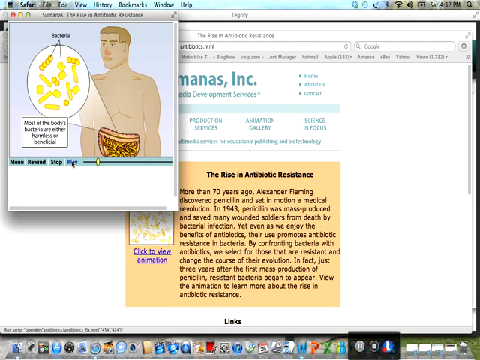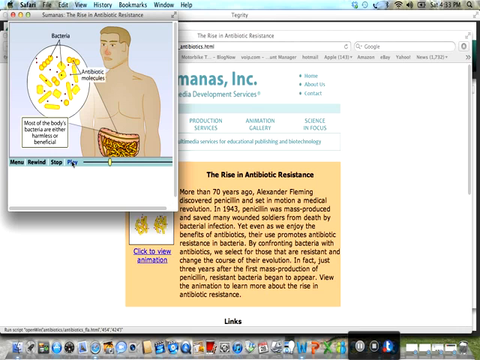Most are found in the gut and are either harmless or beneficial. Some of these bacteria are beneficial because they make vitamins that the body can use. Also, by competing for space and nutrients, the many species of bacteria prevent each other, as well as other harmful bacteria, from multiplying out of control. What happens to the resident bacteria when a person takes antibiotics?